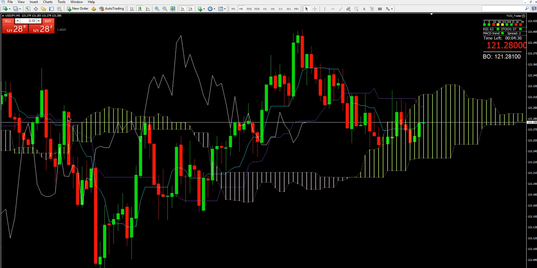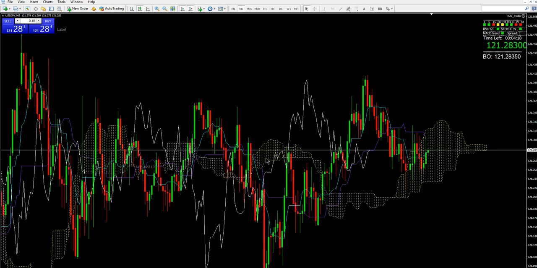Okay, so the reason I wouldn't take it as a trend trade, and this was the candle we were looking at, is this is itchy. What's it doing? It's going green. It's flip-flopping back and forth. If we zoom out again, the colors are flip-flopping back and forth, back and forth. So what it means is we don't have a ton of momentum. So for me, I would not trend trade it. I would stay the hell away from it.